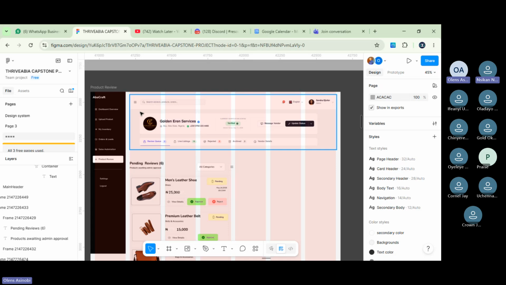Okay. So this is where products are shown. I see. So this is a particular vendor's page, right? Yes, the gallery of the active products, the ones that will be approved for the admin to check and review. I see.